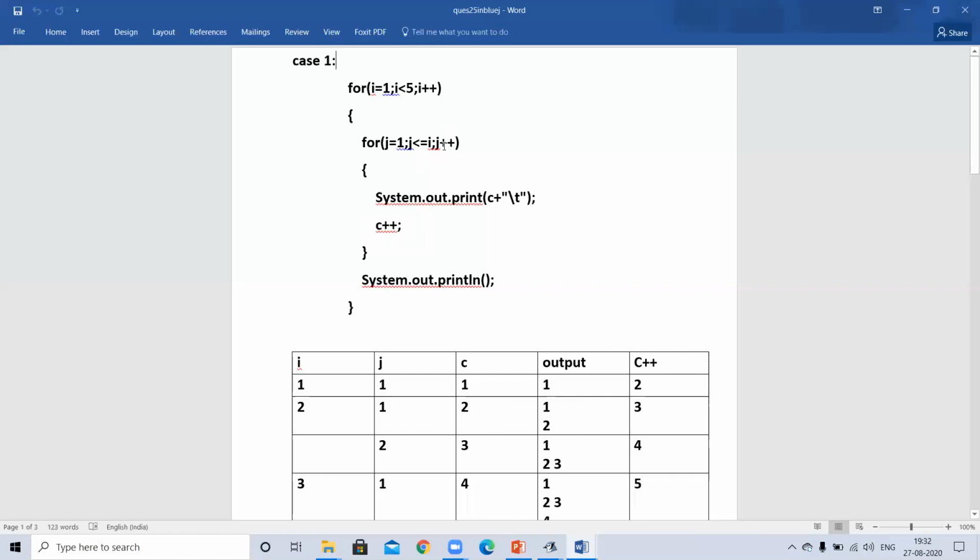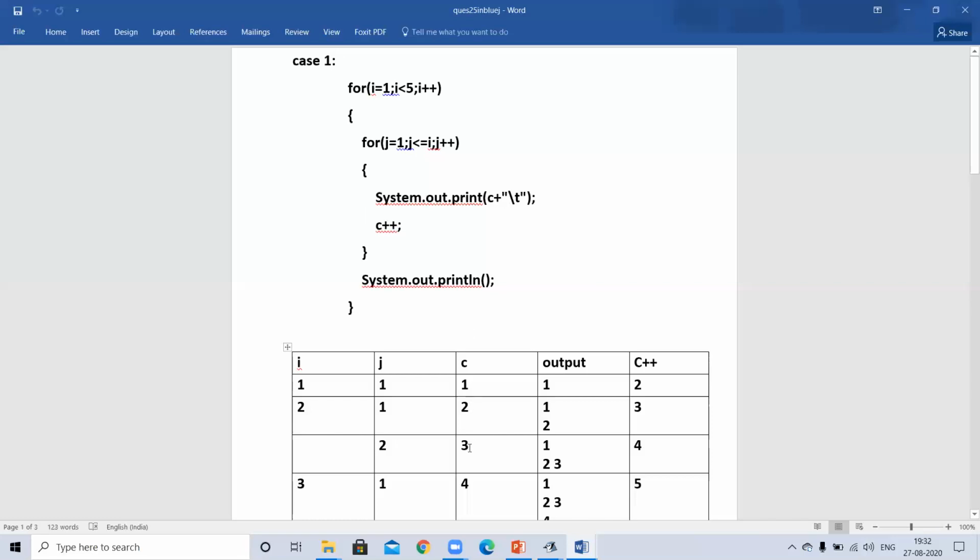Now j will increase by 1 because the condition is satisfied. j equals j plus 1, means 1 plus 1, 2. The condition is satisfied: i is 2 and j is also 2. j is not less than i, but it is equal to i. So the condition is satisfied and the statements will execute. System.out.print will print c.